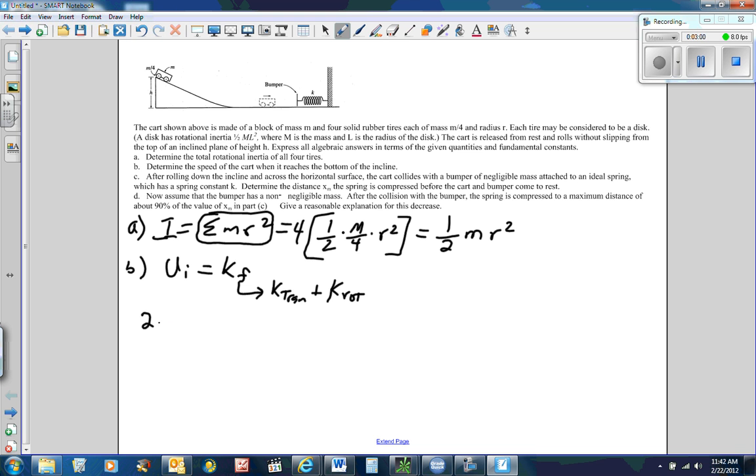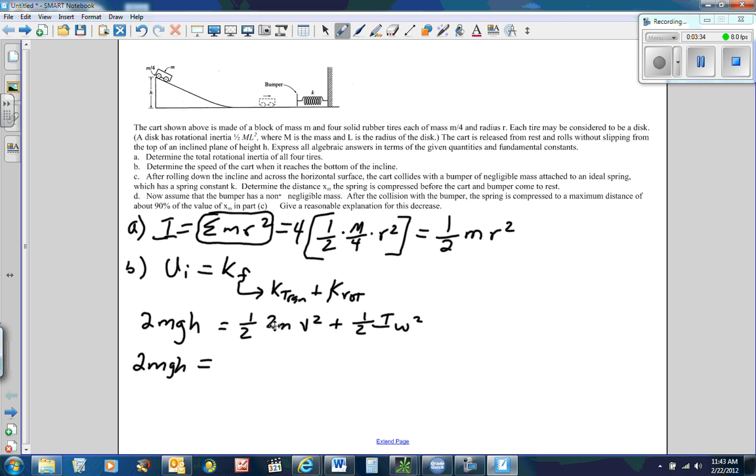Well, we know it's 2m. Why? Because it's a block of mass m, but then there's 4 tires that are M/4, so there's twice. It's 2m. So 2mgh equals 1/2 2m v squared plus 1/2 I omega squared. All right, so if we just work through here, let's work this out. 2mgh